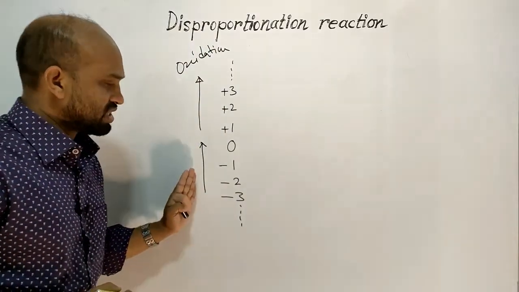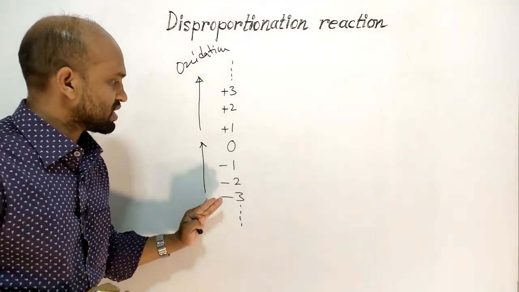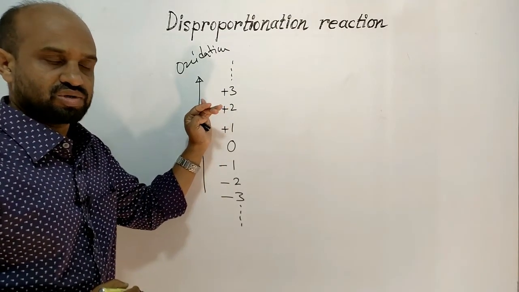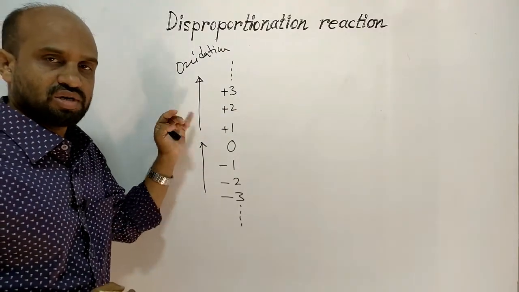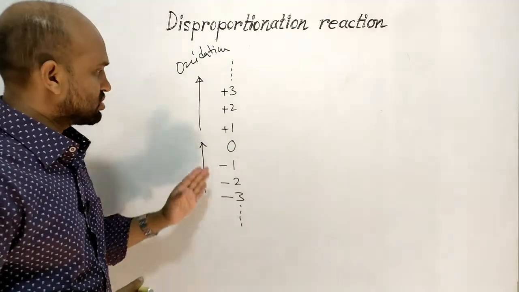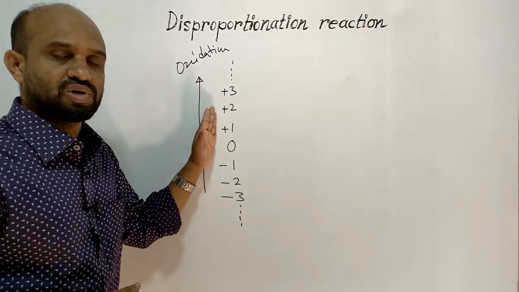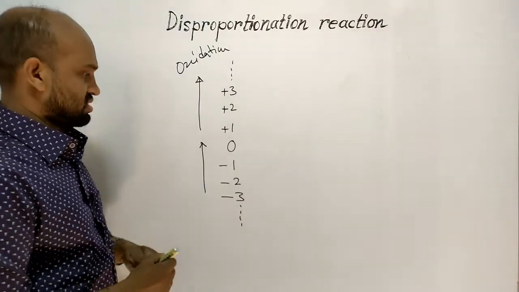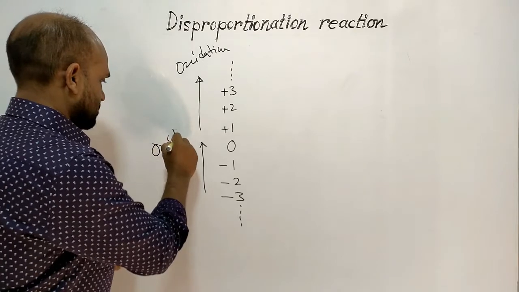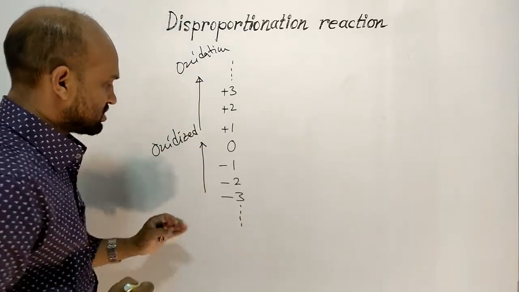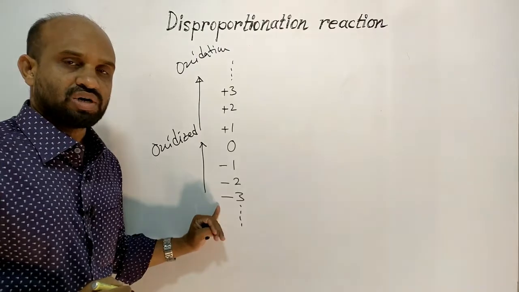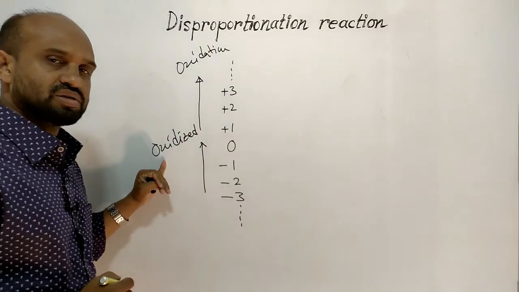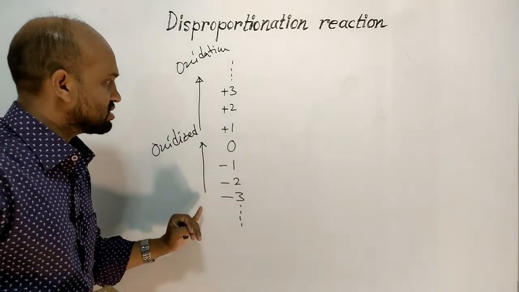So the change of oxidation numbers from minus value to 0 towards plus values, this process is oxidation, and the element that shows this type of oxidation number change is oxidized. That means the element that undergoes this type of oxidation number change is oxidized, and this process is